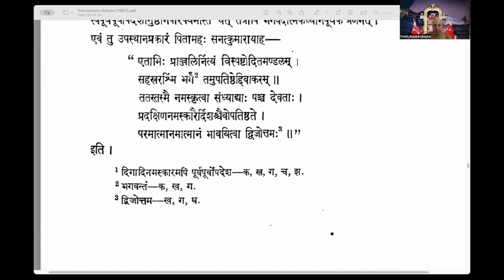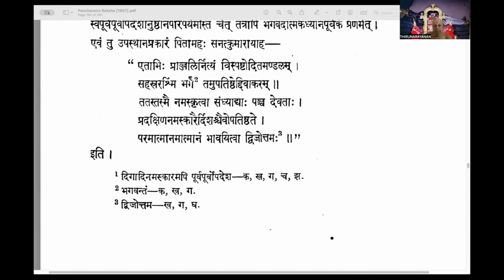Evantu, Upasthana Prakaram Pitamaha Sanat Kumaraya. So now we conclude with these 2.5 verses. What Brahma, the creator, said to Sanat Kumar. Sanat Kumar, as we say, Bhagavad Gita was not said to only Lord King Arjuna. It was to all of us. Therefore, we are all Sanat Kumaras now. So Upasthana Prakaram, the method of getting up, saluting, and concluding the worship will be according to Brahma's words said